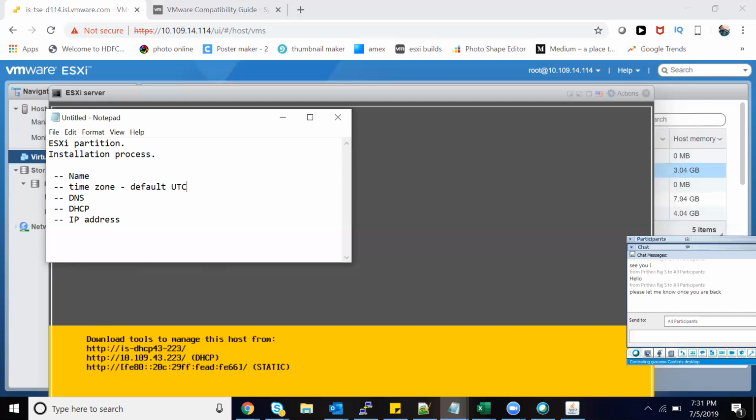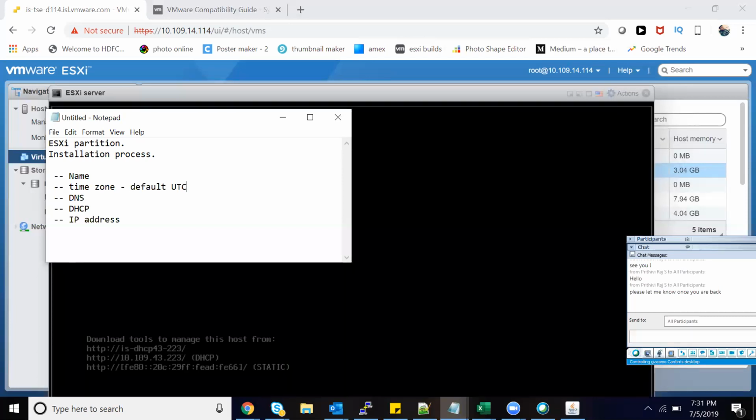Now there is a PSOD error and the log is captured. I mean to say PSOD error and the core dump, sorry, I forgot the term. Where the dump is captured, the dump is captured under the core dump folder.